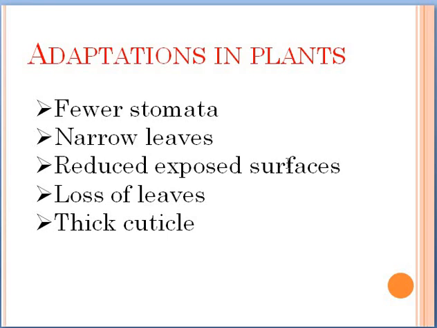Mesophytic means the normal environment where we are living, a kind of environment where the plant needs water but doesn't require water too much or too little. So that is mesophytic. So a thick cuticle will be there in mesophytic plants. The best known examples are neem tree, banyan, mango tree, all those trees which are found around us. So these are the adaptations in plants. So we have studied the different adaptations in plants to reduce the rate of transpiration.